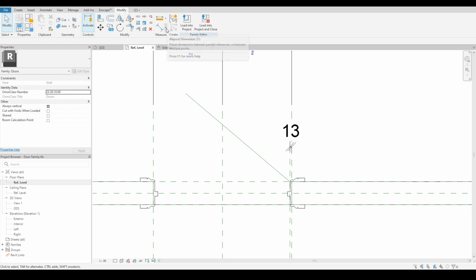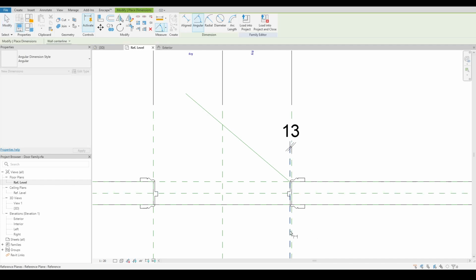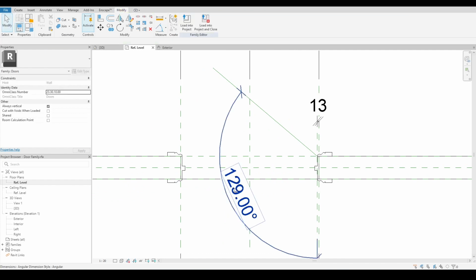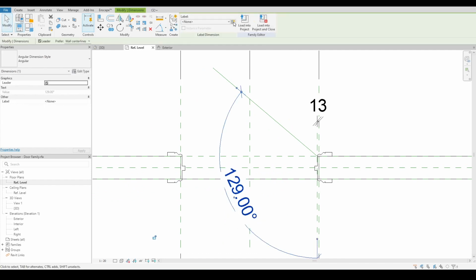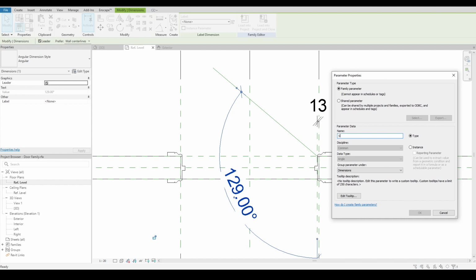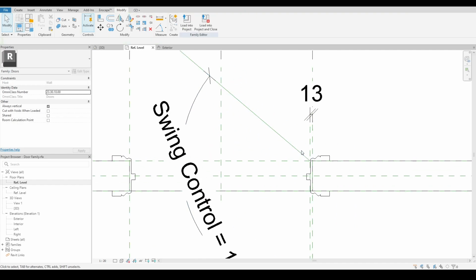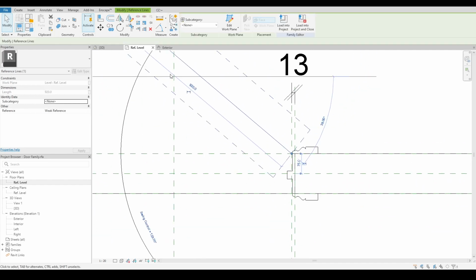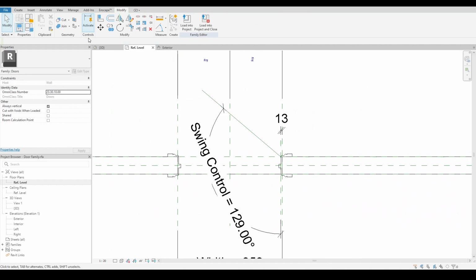That makes sense. So we're going to go to dimensions, and we're going to do an angular dimension. We'll pick up that line there and do that one there. And select that angle there and create a parameter, and we're going to call that swing control. We'll make that an instance and click OK. So you want to make sure that this line here is actually locked off to these points and doesn't move about. So what we'll do